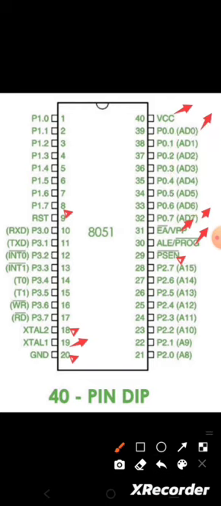And next we go for the important pins of 8051, that is nothing but the IO pins. So I/O refers to input or output pins. So here we have 32 IO pins. So the 32 IO pins are divided as 4 8-bit parallel ports, and the ports are named as port 0. So the 39th to